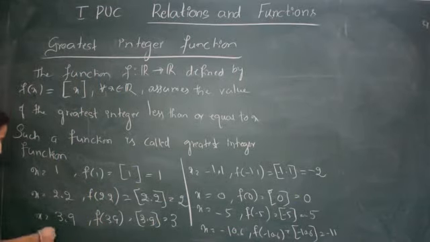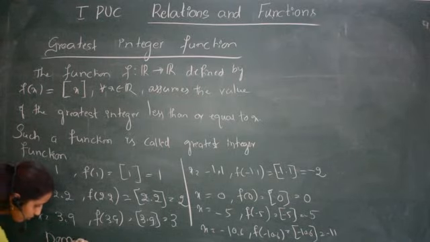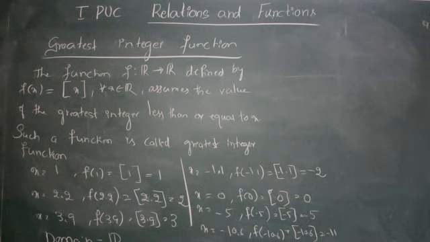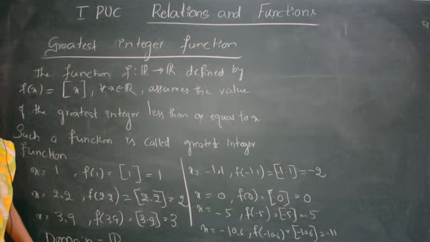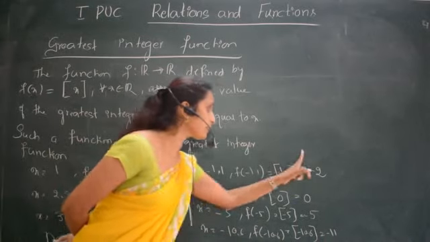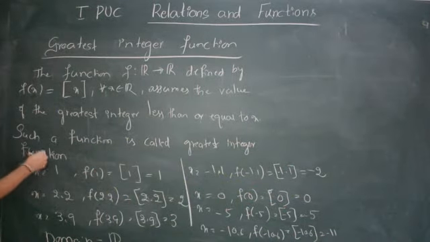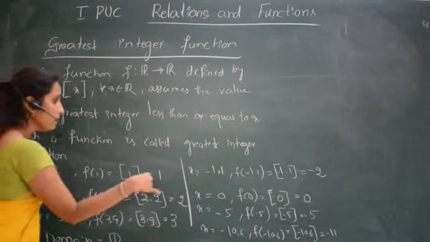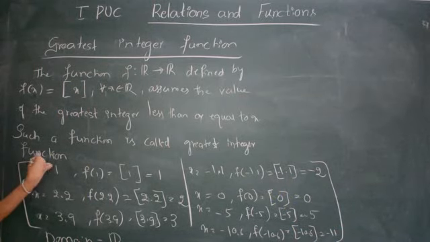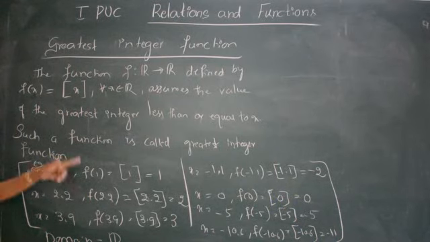Therefore domain is the set of all real numbers. One more thing: in the exam, if the question is asked, either you have to write the definition, domain, range and graph. So no need to write the examples. If you are writing this in the notes, write it in a bracket. It is just examples I have given for you to understand what is a greatest integer function. But in the exam, the definition, domain, range and the graph you have to write.